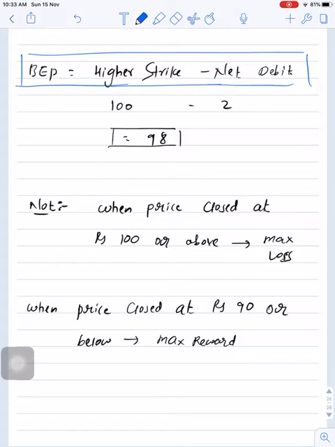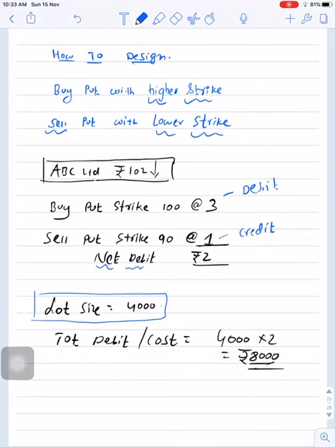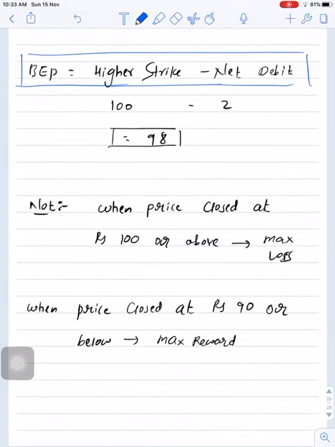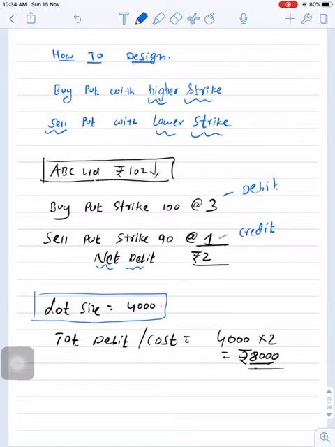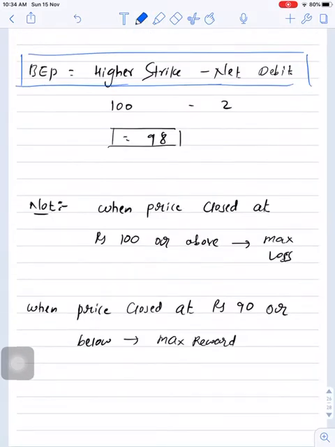This means on the day of expiry, if the price of ABC Limited, which is right now at 102, closed at 98, then as a trader we will not make any profit, we will not face any loss. But if price closed below 98, we will start making profit. So our profit will start below 98. Once break even point is crossed, our profit will start. So right now you can see ABC stock is trading at 102. We will earn profit only if ABC stock closed below 98 on the day of expiry.